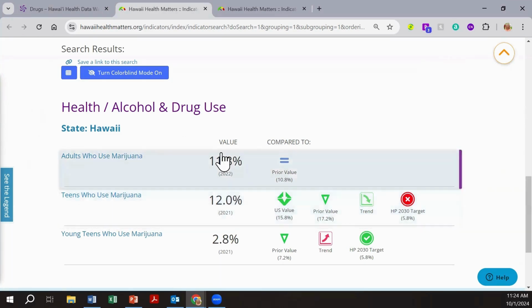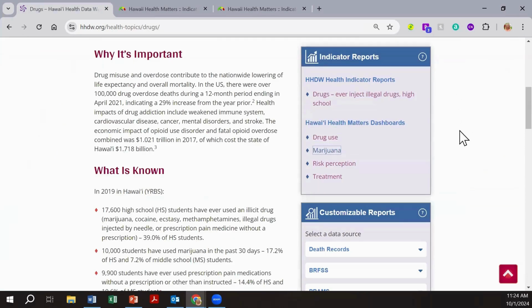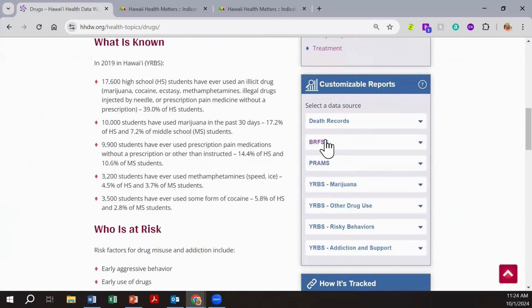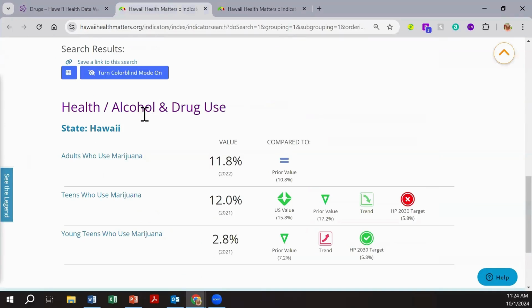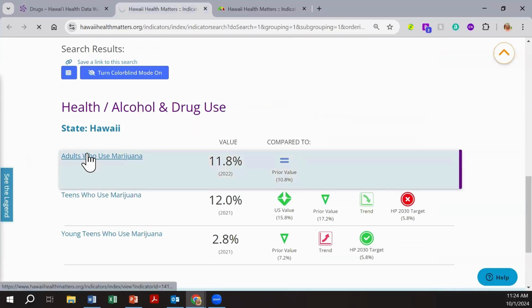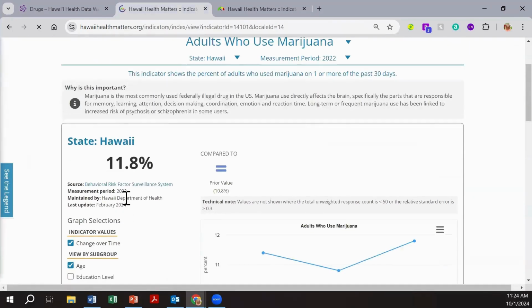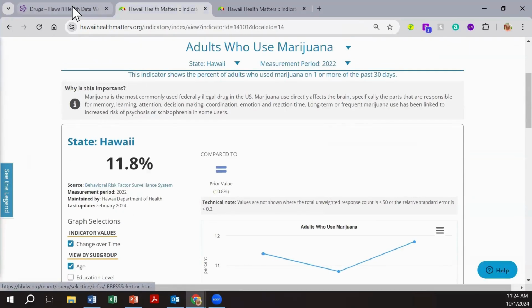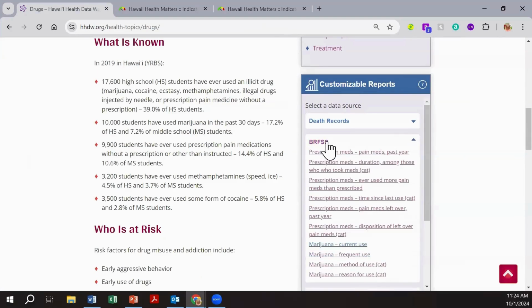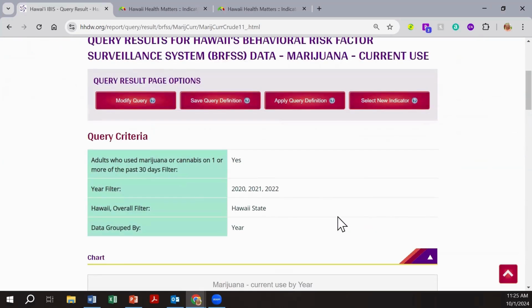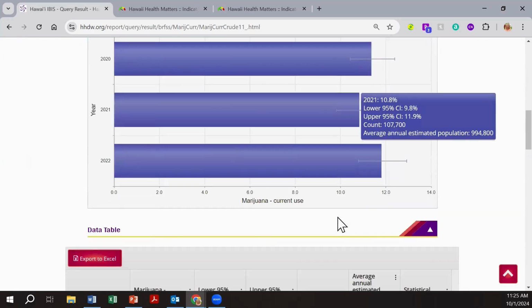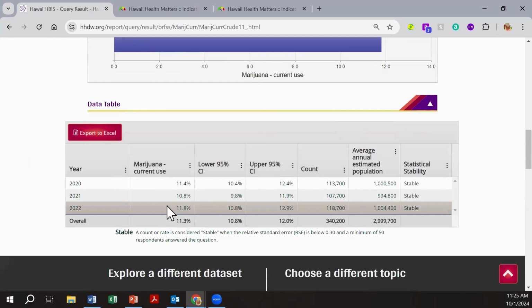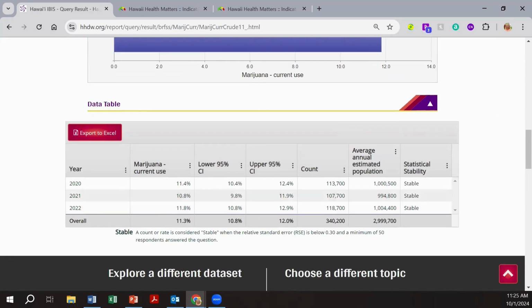in Hawaii. However, you could also, if you wanted to, go straight to the data source. So here we can see that this data source is the Behavioral Risk Factor Surveillance System. So you could go straight to BRFSS and see, okay, here we go, here's marijuana current use. And if we select that, we're going to get our default report that gives us the 3 most recent years of data. So here again, we could see that 11.8% of adults used marijuana